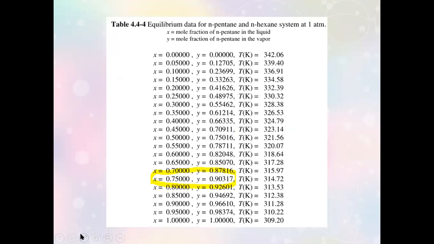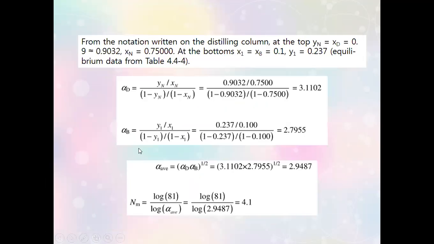So actually, this one is the 0.02. Okay, the X, which is 0.02, the pair of that will be 0.12, this one. Although what was used in the problem is 0.1. But if you base it on 98% hexane, that would only be 2% pentane. So this should be the pairing that you will use. That way, you will be able to find the alpha B. These two were taken from that particular part of the table. If you have these two, then you get the geometric mean, and this is already your minimum